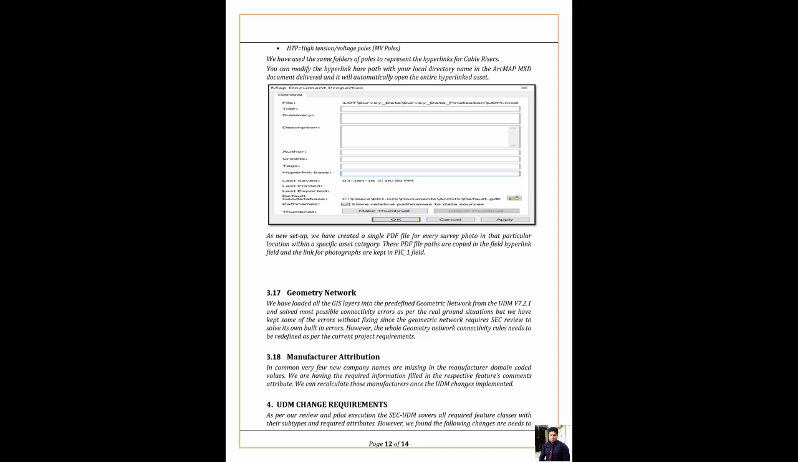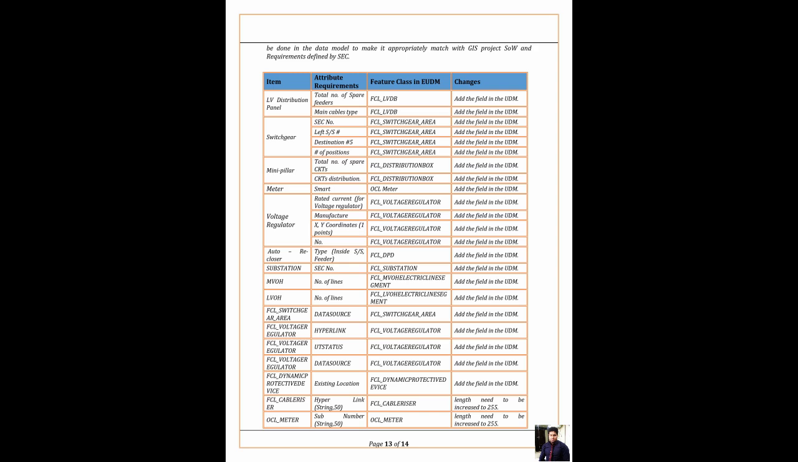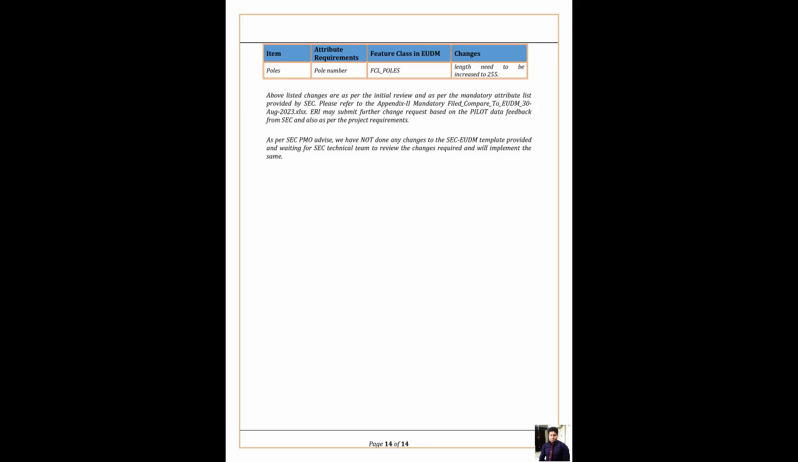4. UDM change requirements. As per our review and pilot execution, the SEC UDM covers all required feature classes with their subtypes and required attributes. However, we found the following changes need to be made in the data model to make it appropriately match with the GIS project scope and requirements defined by SEC. The above listed changes are as per the initial review and as per the mandatory attribute list provided by SEC. Please refer to the appendix, mandatory field compare to UDM 30 OG